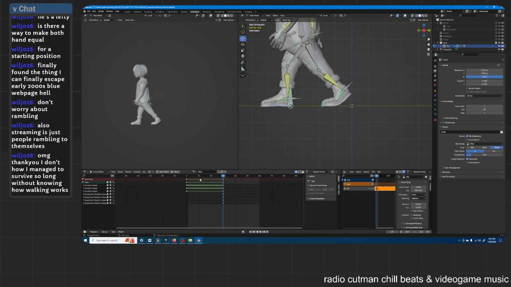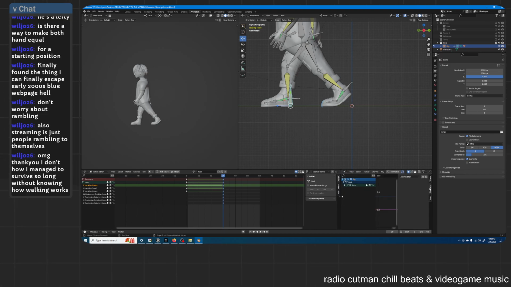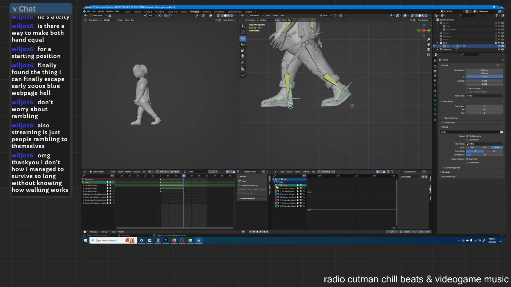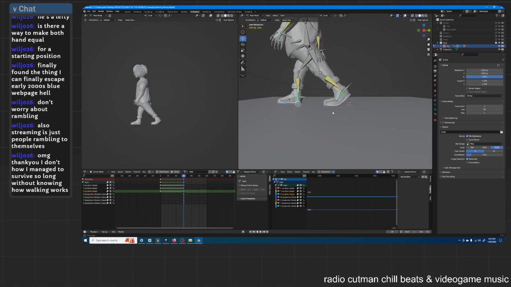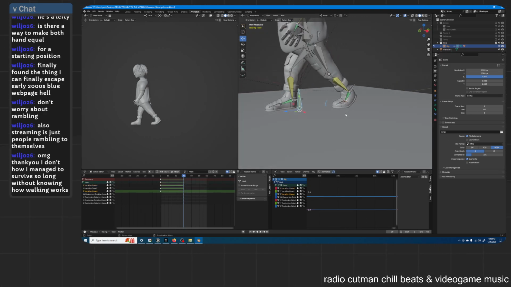Yep, that looks good. I don't know why. I don't have my graph editor up, that's why. You can only add modifiers if you have the graph editor up for some reason. And it's across the local Z location. So we have 2 keyframes here. And we're just gonna,